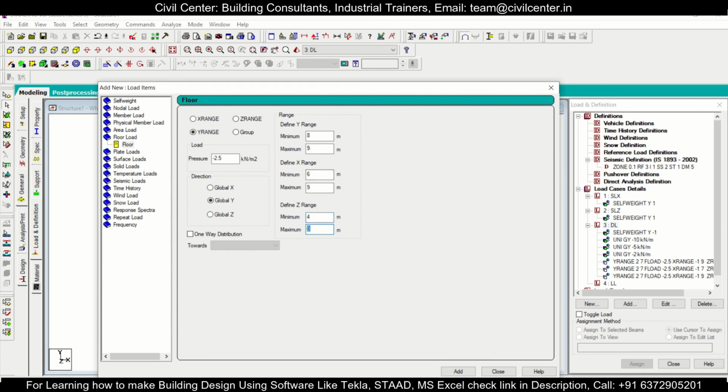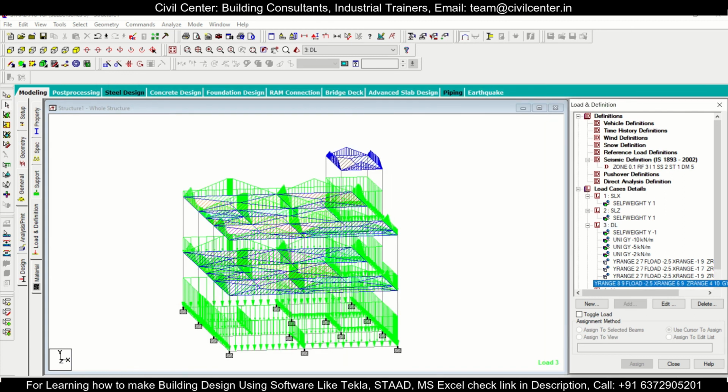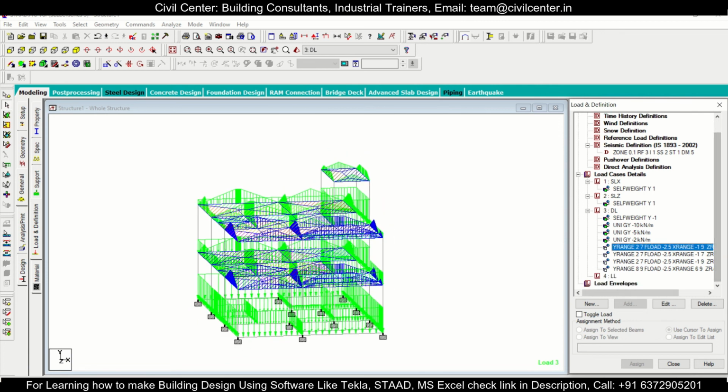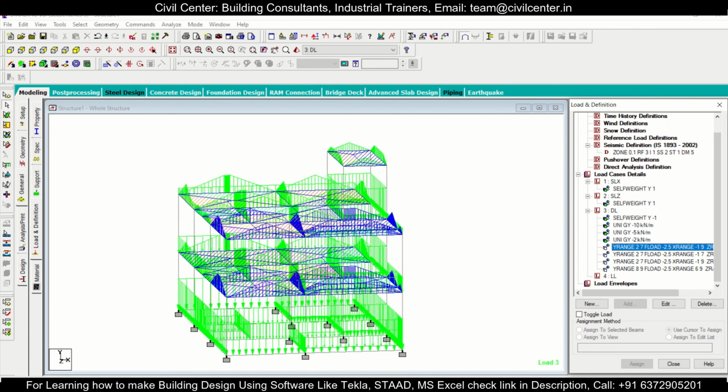4 to 10, let's give this, and just save this file and then click on add. So if we just check this, the blue portion is the load for the headroom part, this is the first part, this is the second, this is the third. So as you can see, the entire dead load for the floor weight and the particular member or the wall